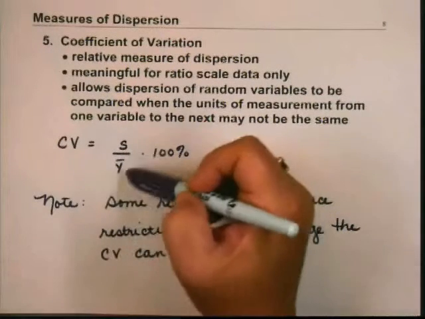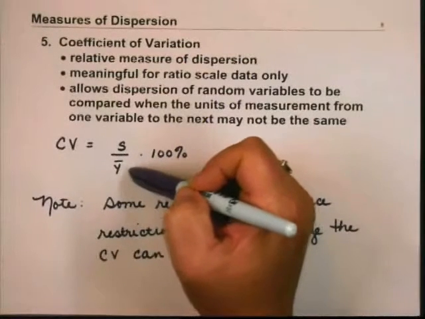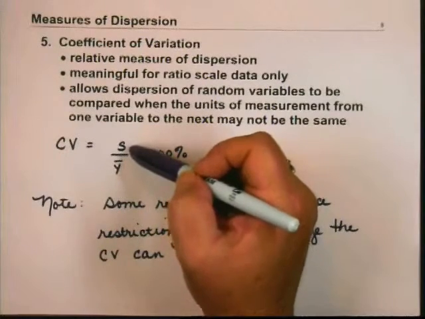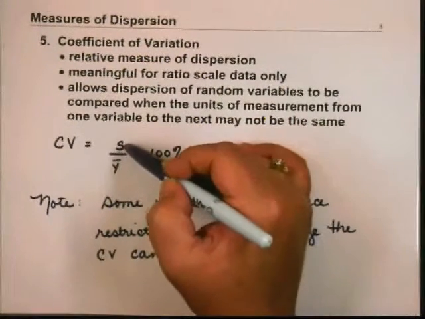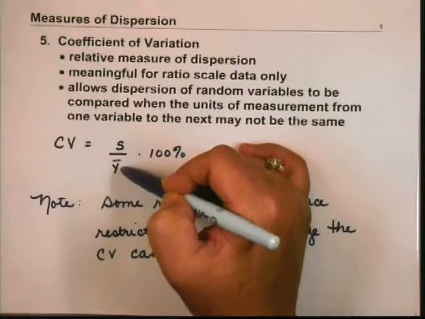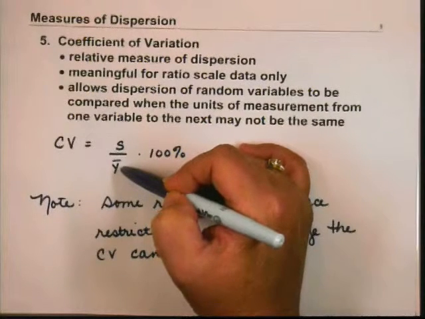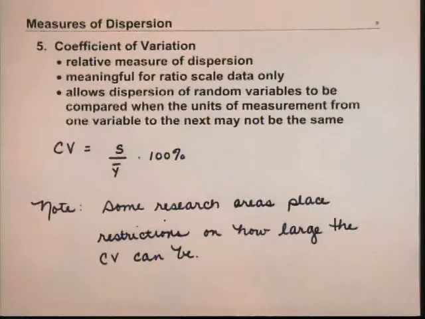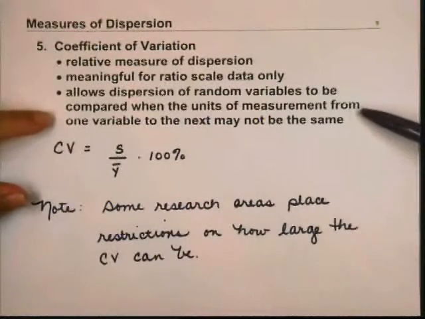Okay, CV values, you want CV to be low. Okay, and so if you have data that has a high amount of variability in it, then it's less reliable, I guess, in this study. And so you're taking standard deviation divided by the sample mean. If that's too large, okay, that means you have too much variability in the data. And so we'll talk about things as we move through the course: are there ways we can control that variability? Okay. And so I have seen some recommendations where CV values only report this. Your study's only valid if your CV is 10% or less. Okay, I've seen some that are pretty large. Okay, but the idea that allows